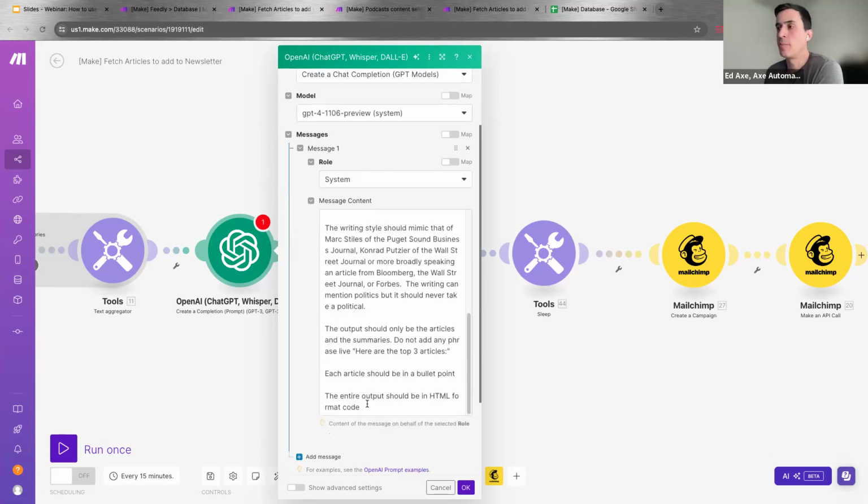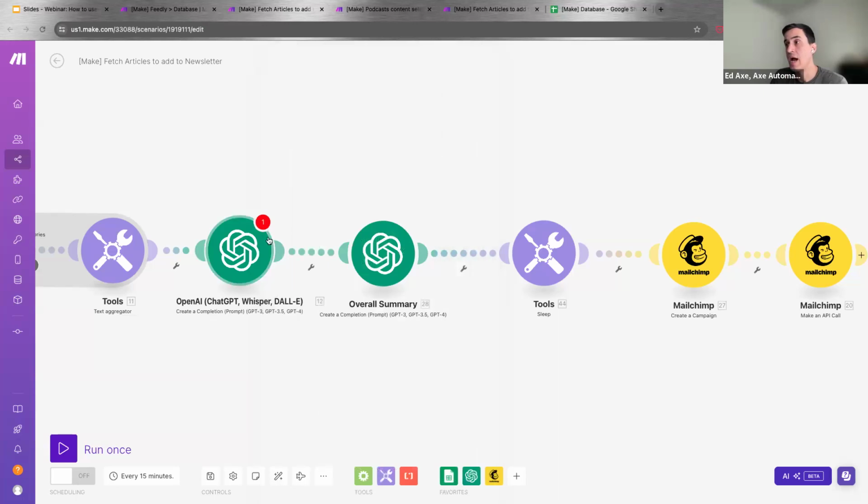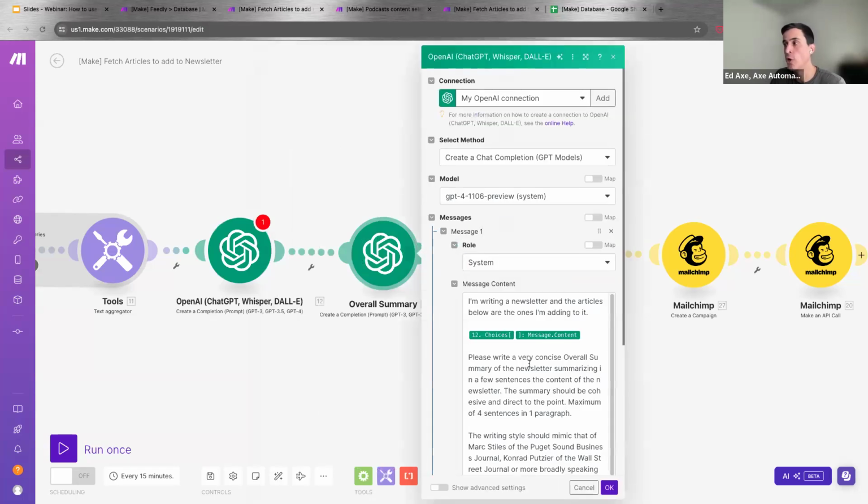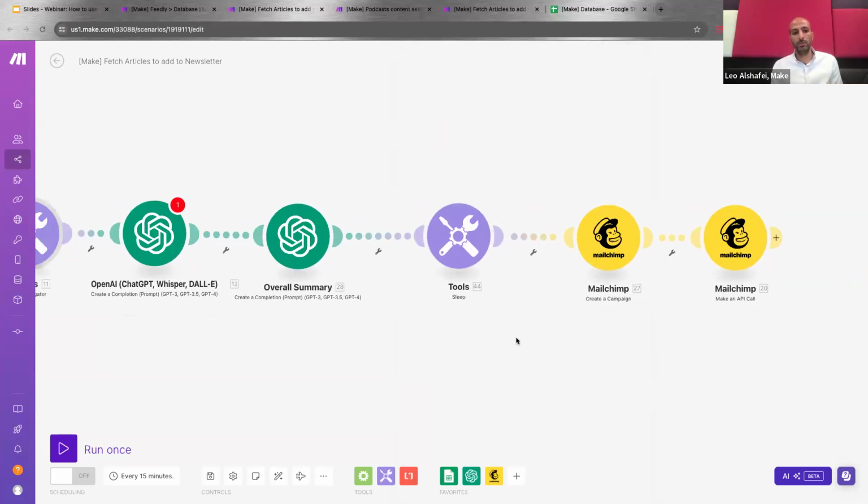And then, of course, in the prompt we are also instructing the AI to have the output in HTML format, because that's how we're gonna pass it through the MailChimp API. And then after writing each article's summary, we're gonna write an overall summary. That's the summary that's gonna sit on top of the newsletter and open the newsletter. So it's a summary of all the summaries of everything that's gonna be covered in the newsletter. It's a brief summary that we are adding here, basically the introduction to the newsletter.